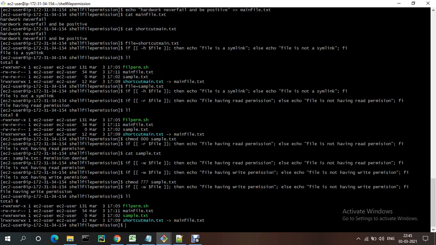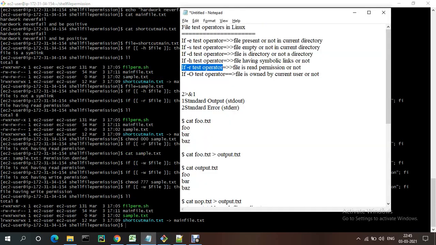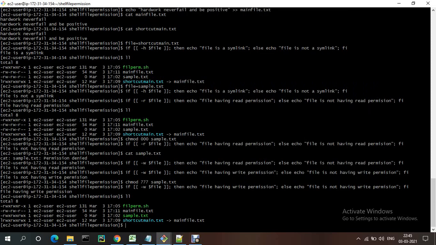So -r and -w are for read and write permissions. Now the next option is -o. -o checks whether the file belongs to the current user or a different user. Okay, file having current user access, current user.